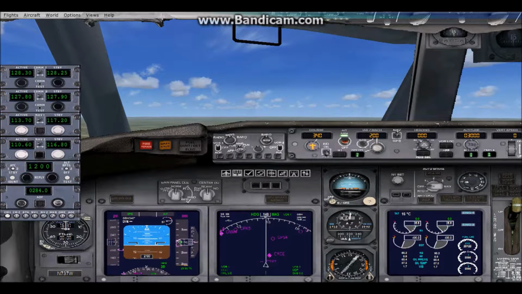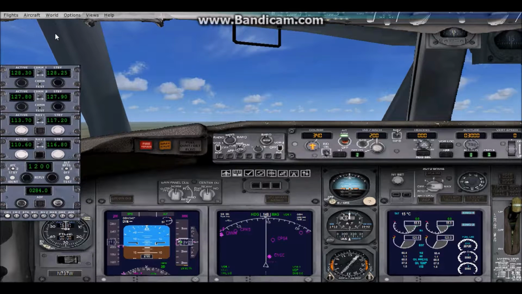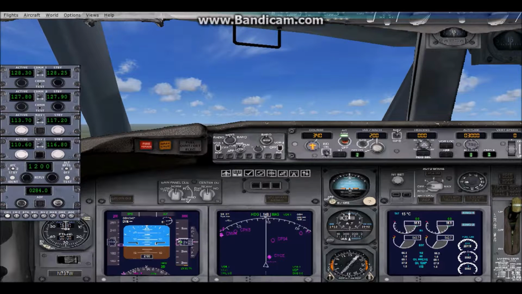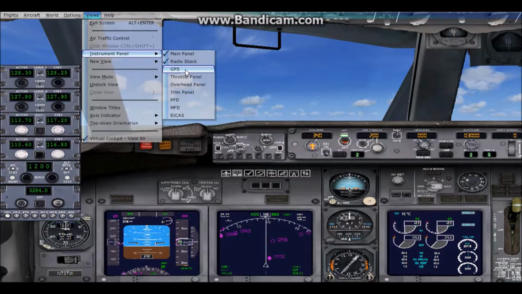So in order to do that, you go up to your World tab at the top left, click it, and go to the map, and click on the airport, and you'll be able to see the runways that have the ILS approach. So once you have that information, you need to go to your views and open up your radio